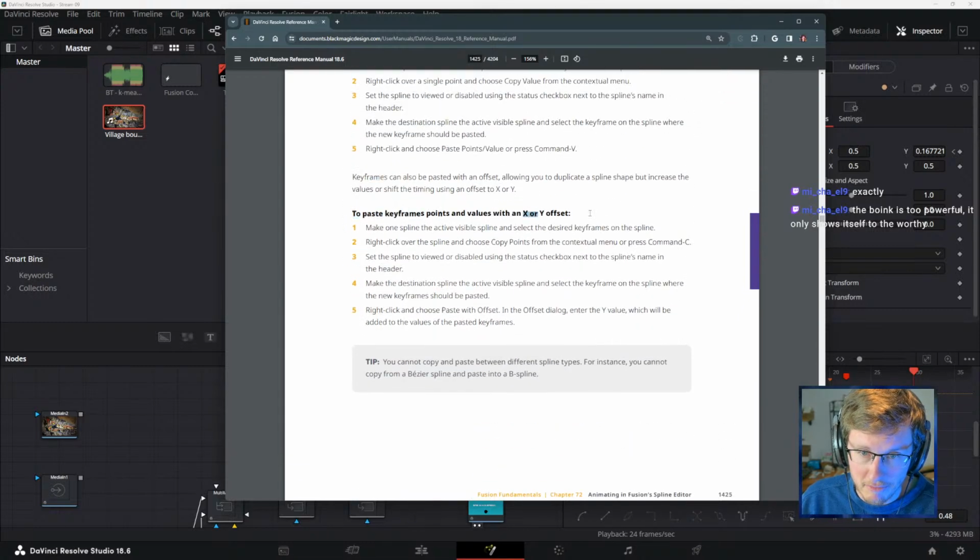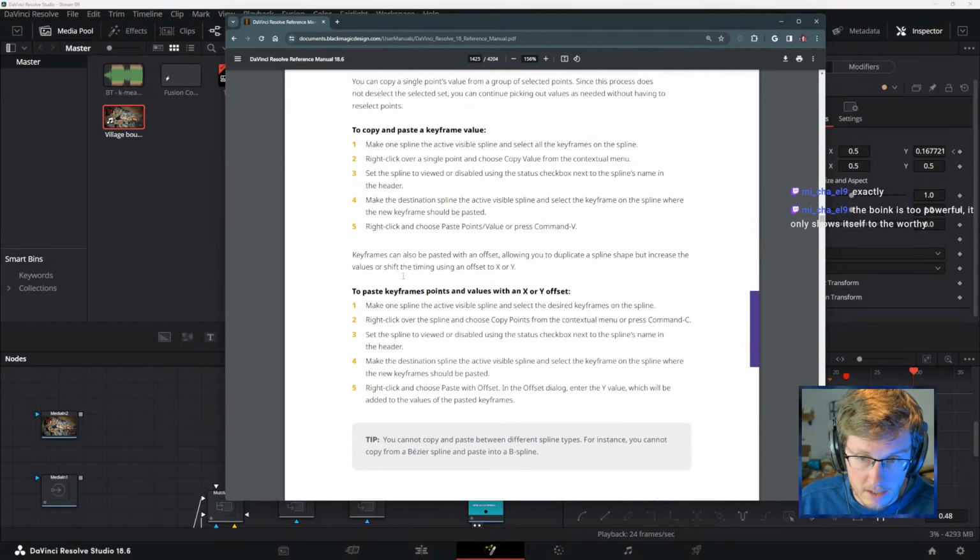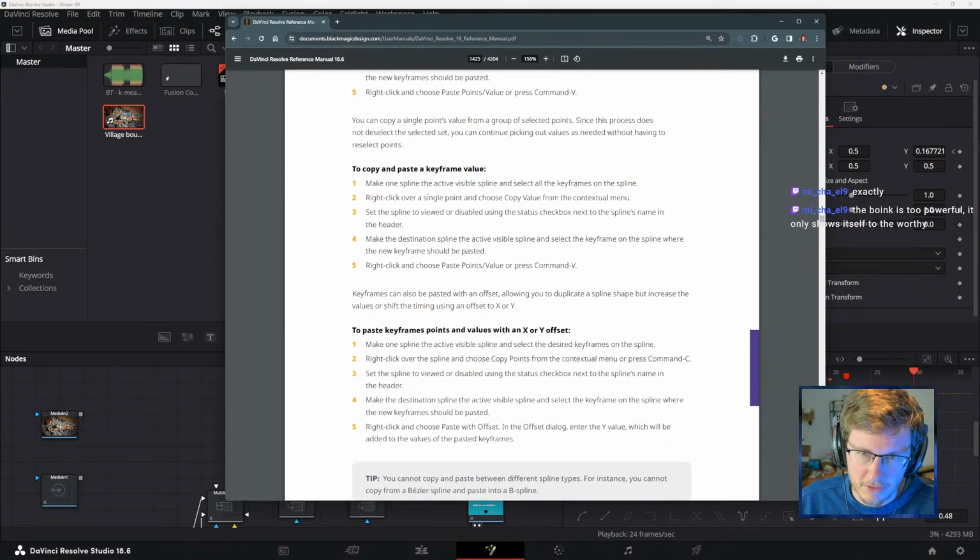So let's see. To paste keyframe points with an X or Y offset. Oh, that's confusing.